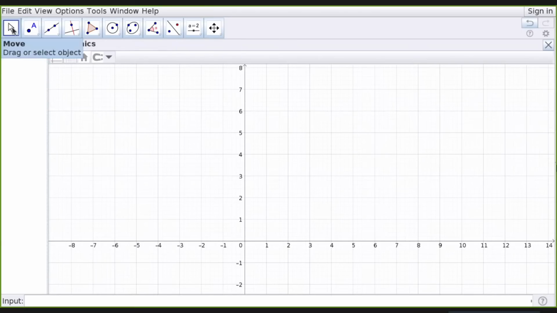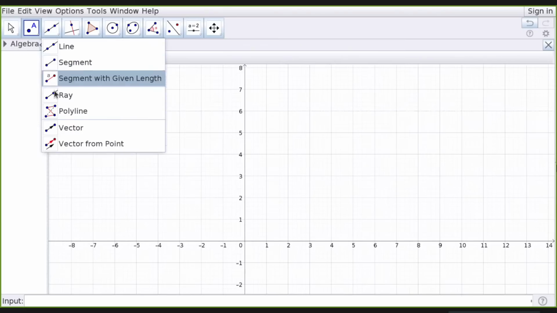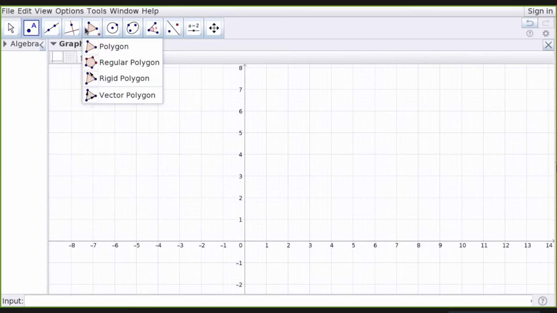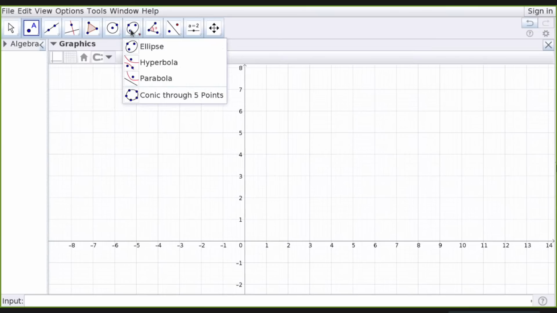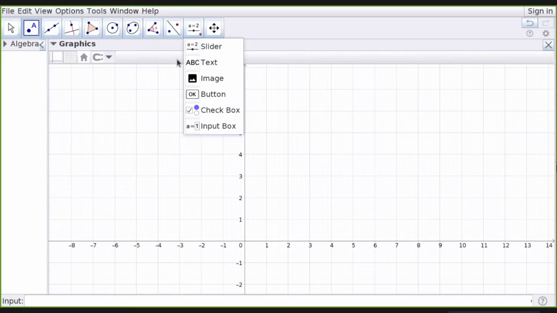And there are some boxes you can see, which is where my cursor is now. These are actually tool boxes. So it is like you are arranging the tools in a systematic way. The first one is the Move box. It contains different tools. Next one is Point. Various types of points are there. And next one is Line. Next one is also Line, but particular types of lines. Then the next one is the Polygon tool, Circle tool, Ellipse, actually Conic Sections are there. Then measurement tools are there. Then Reflect, Slider, all these things are there.